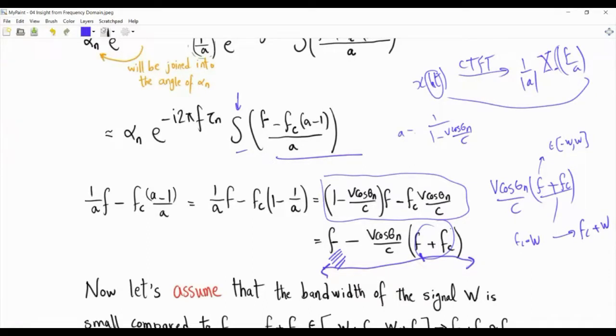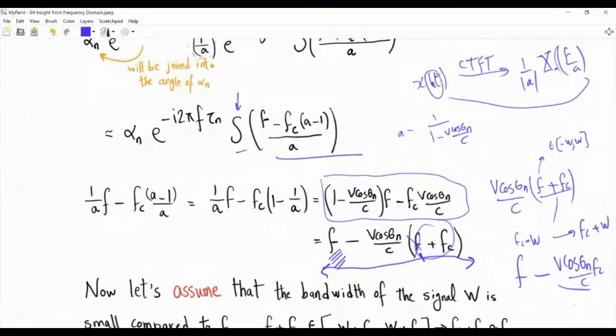If f lives between minus w and w, and w itself is much, much smaller than fc, then we can let go of f, because its maximum absolute value is w, and w is negligible relative to fc. And when we do this, we can cross out this f, and we get f minus v cosine theta n over c fc. So we have just a shift in the frequency domain,